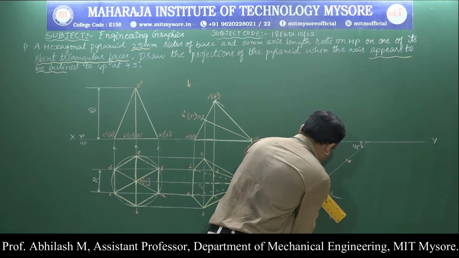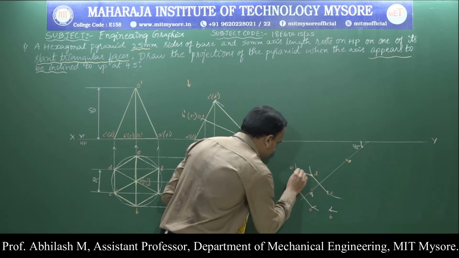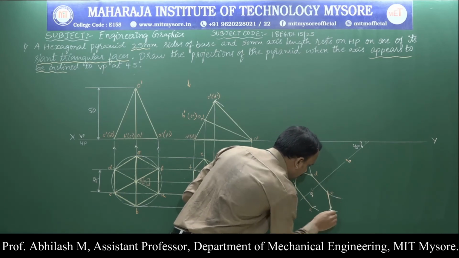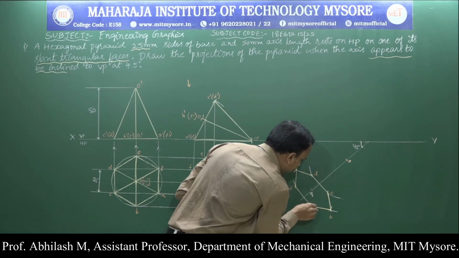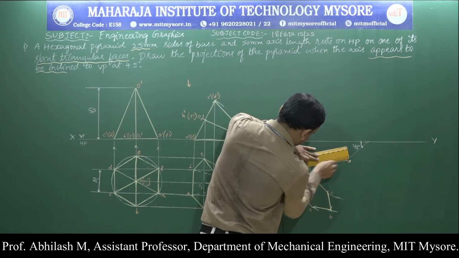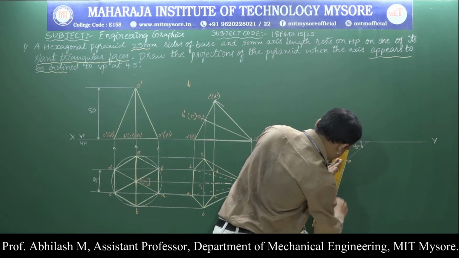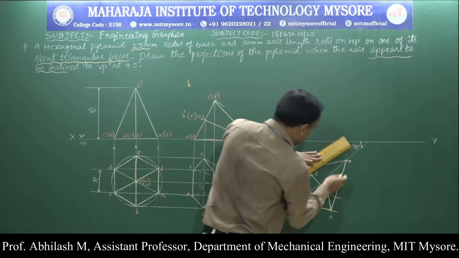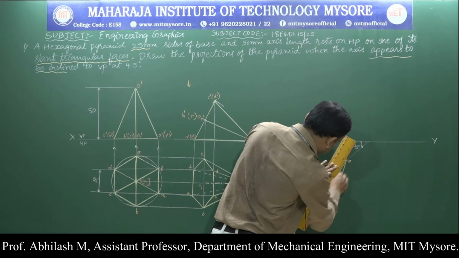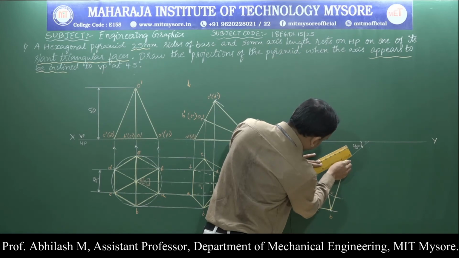Again from D to C it is completely visible. From E to D, from E to F, from C to B and from A to B. I can clearly see from E to B that is transferred from here to here. Again from the point of O to B. From O to D also it is visible. O to C also. So the dotted lines are from A to O, F to O and O to A. Transfer all the points carefully.